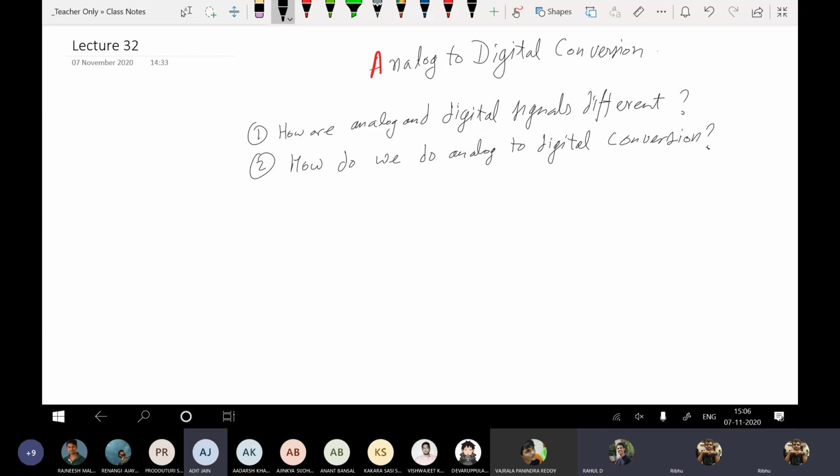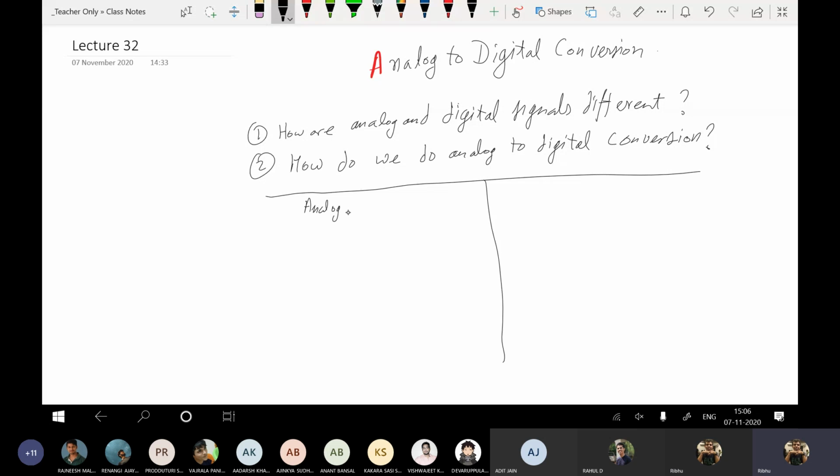Sir, analog signals take values on a continuous set, and digital signals take values on a countable or discrete set. Okay, so